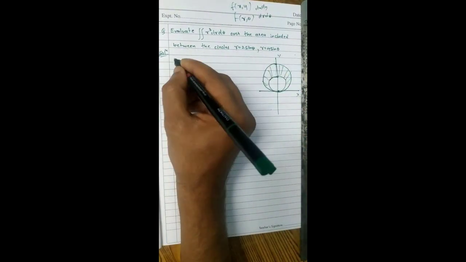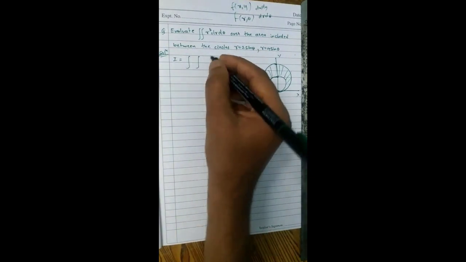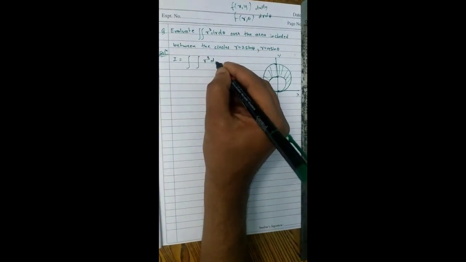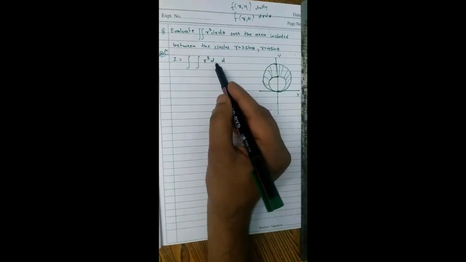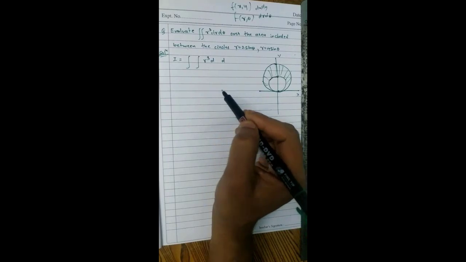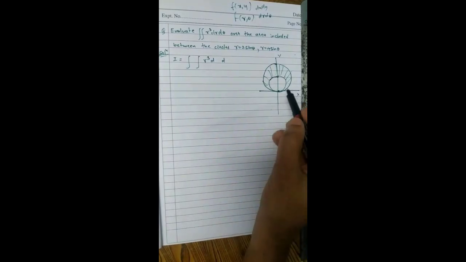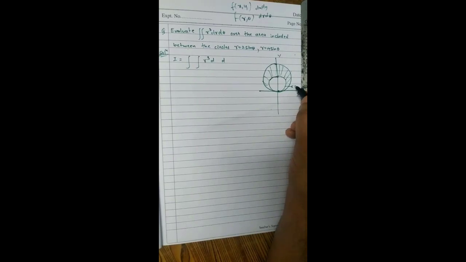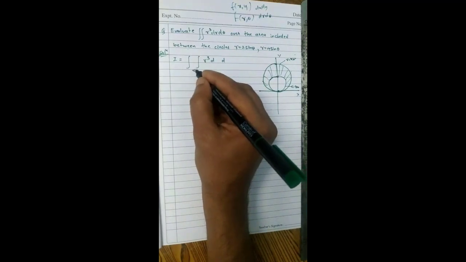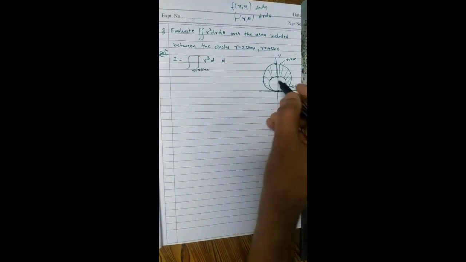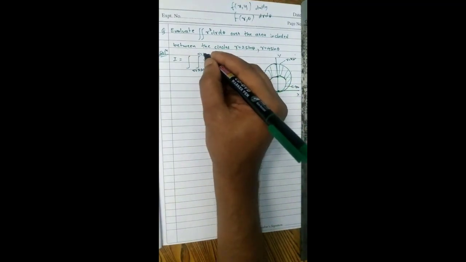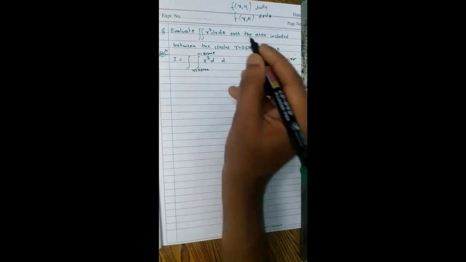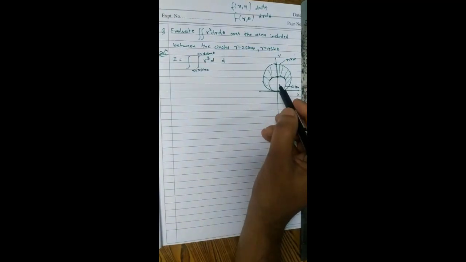So what I do is, let me consider this as I is equal to integration of r cube d, right? I will not write whether it is with respect to theta or dr. Now what is happening to r? R is in terms of what? This is a circle, r is equal to 2 sine theta, and this is the curve r is equal to 4 sine theta. So let me write this first, r is equal to 2 sine theta, this curve, and this r is equal to 4 sine theta, and the remaining one is the constant,